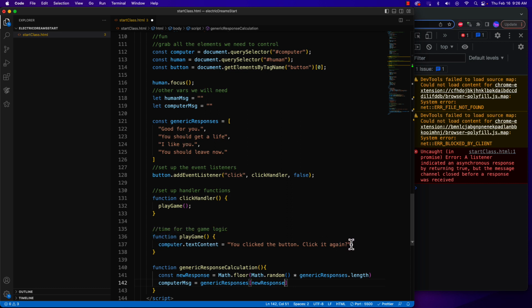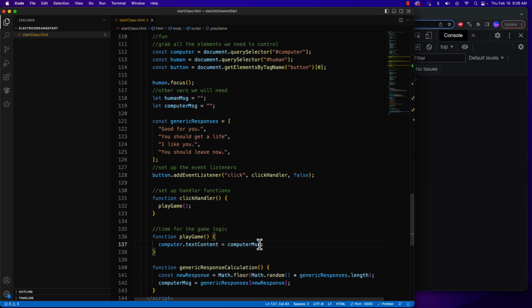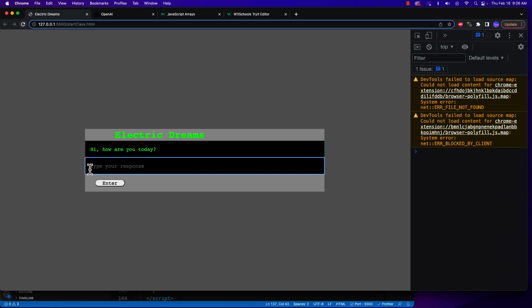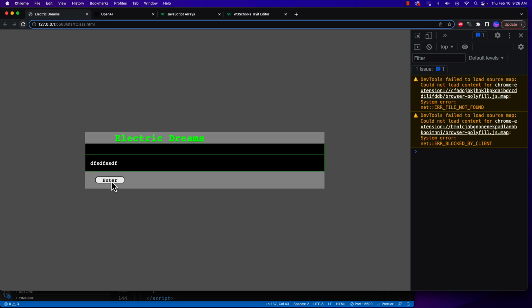So now I'm going to change this under this and just say computer message. So now the computer's text content will become that computer message. So every time I press that button, it's going to do that. So let's just save this. Now if we go over here, I can type whatever I want in. Don't even have to type anything, and we can see